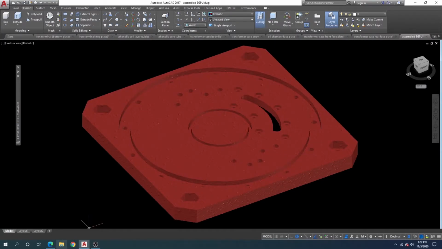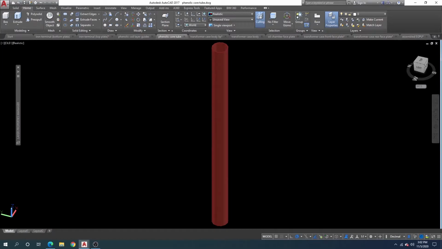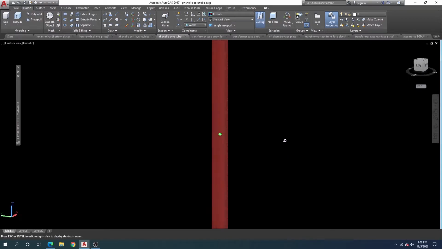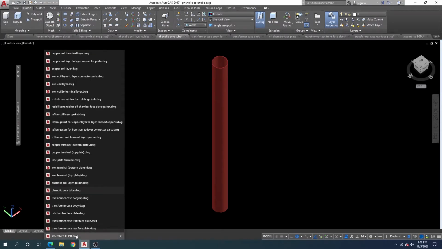So now let's go to the next part. We're going to look at the core tube, and that will be the phenolic core tube, and there's really not much to see there. It's a tube, guys. You can look around it and all that. Nice little tube. Okay, so let's go back to the assembled page here,